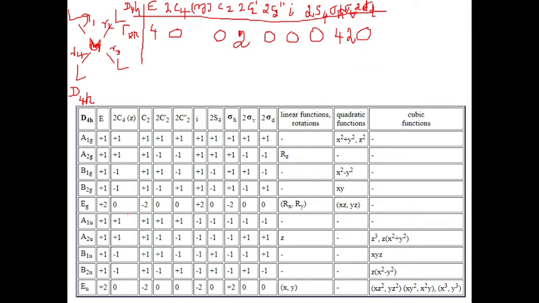Now by using this character table, I have to reduce it. So how should I reduce? By using the reduction formula. So the first thing I have to do is, n into A1g. So I have to reduce each and everything. So n into A1g. First of all, we should know what is h for this. So h is E, 1, plus here 2, so 3, 4, 5, 6, 7, 8, 9, 10, 11, 12, 13, 14, 15, 16.